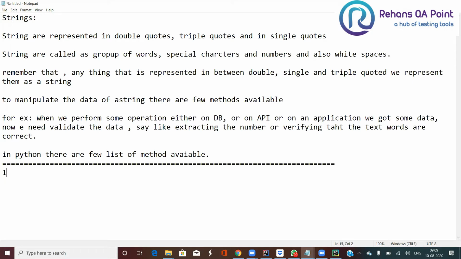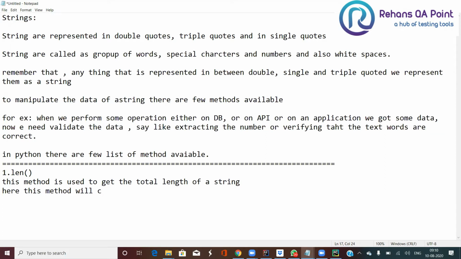So the first method that I want to bring here is called length. This method is used to get the total length of a string. Here this method will count total characters available on the source string.